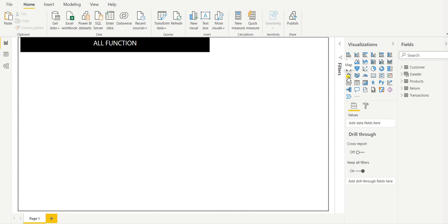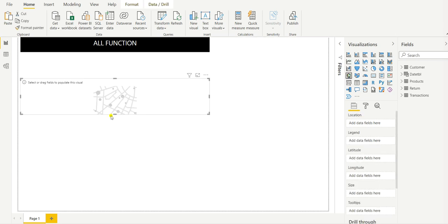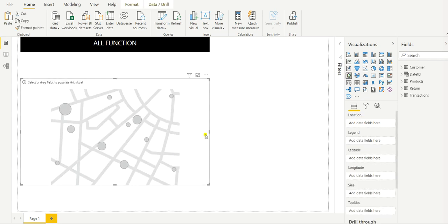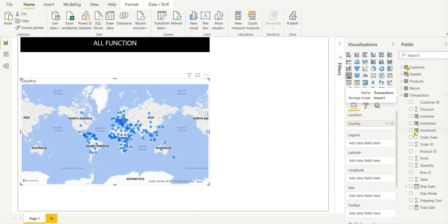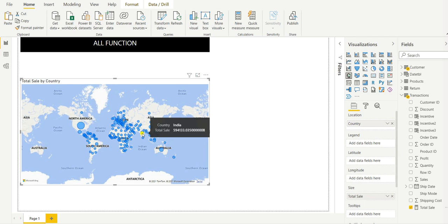Let me first drag the map chart. So this is the symbol map chart. Suppose I want to know the country wise sale in a percentage format from the total sale. So let me drag the country into the location, and let us drag the total sale from the transaction table into size.